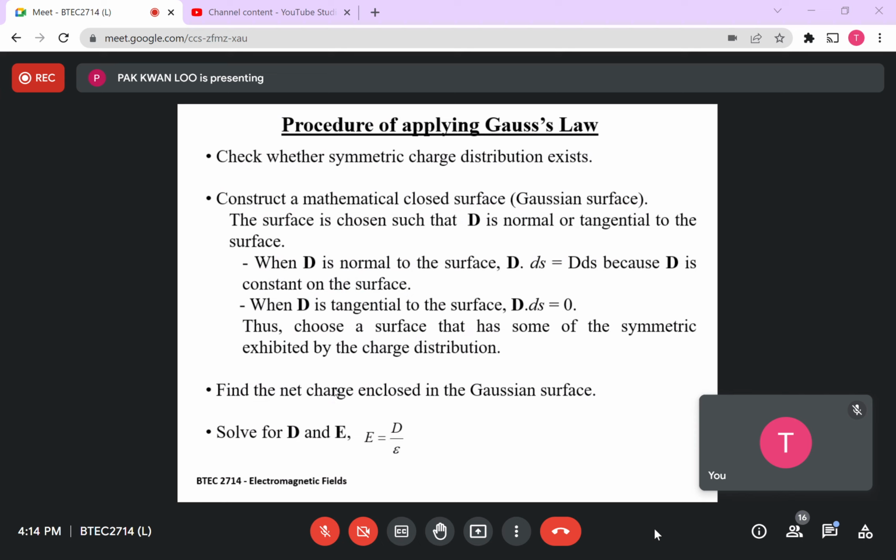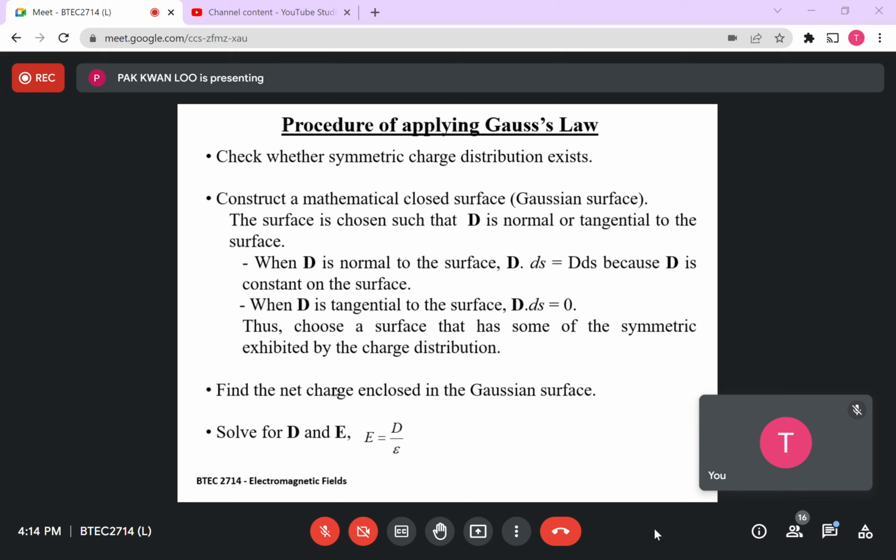So how are we going to apply Gauss law? First, we have to look at the symmetrical charge distribution, whether it exists or not. I have emphasized this repeatedly. I have emphasized the symmetrical property of the charge distribution in a few examples, even before we reach this point. And the Gaussian surface, the hypothetical, imaginary surface that we are going to choose to solve our problem, must be in the same